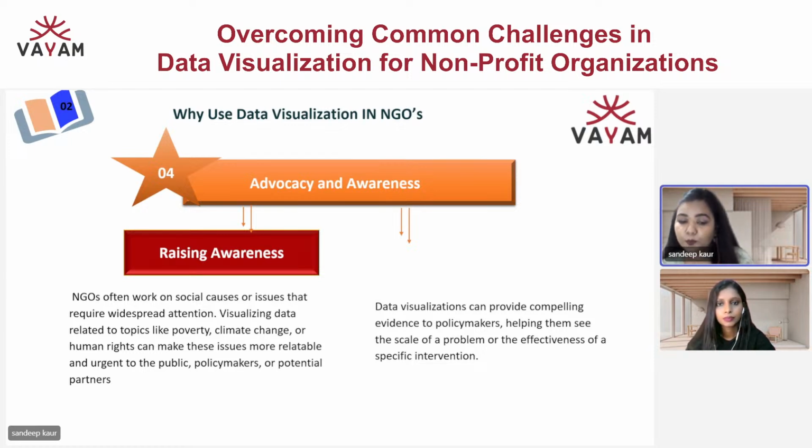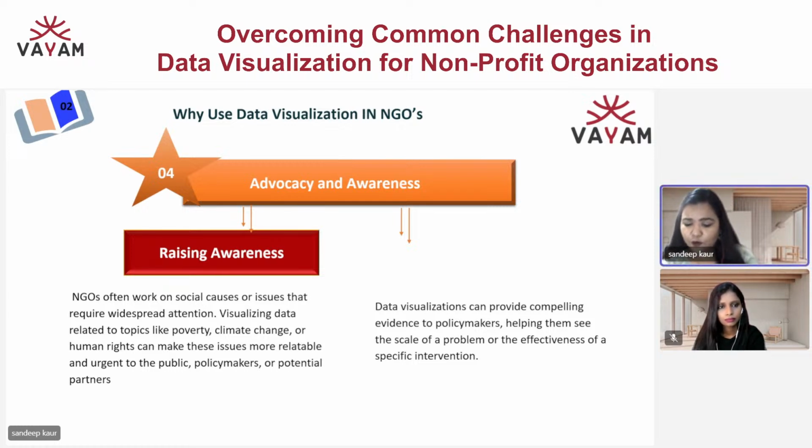If you want to present it through data visualization, you can create a map showing deforestation rates over time, highlighting regions with the most significant changes and linking it to your policy decision. So these maps can be a very important source. It becomes easier for the policymakers to see the regions where they require urgent attention or where they have improved in a much better way.